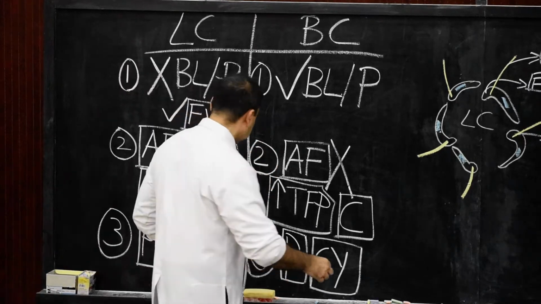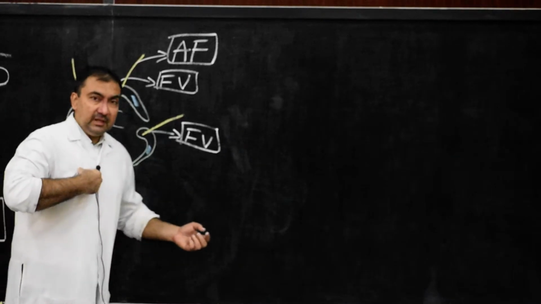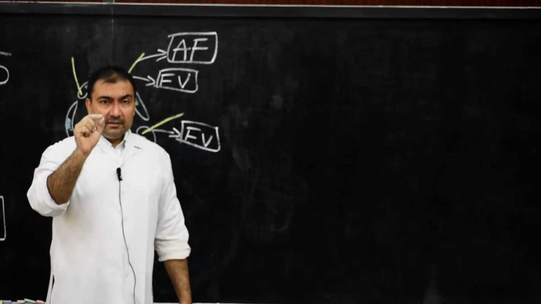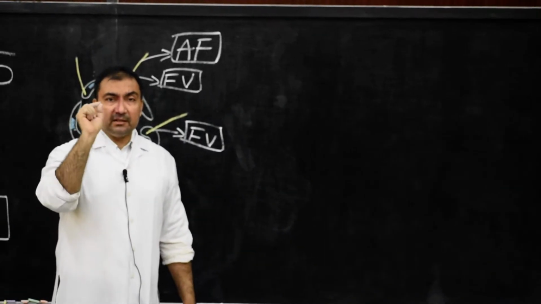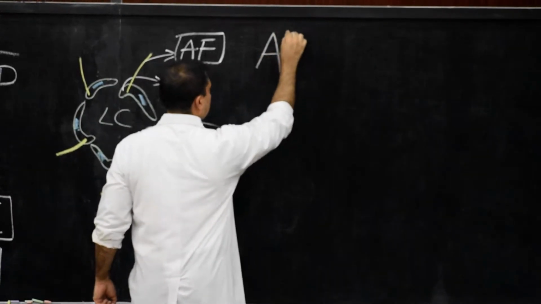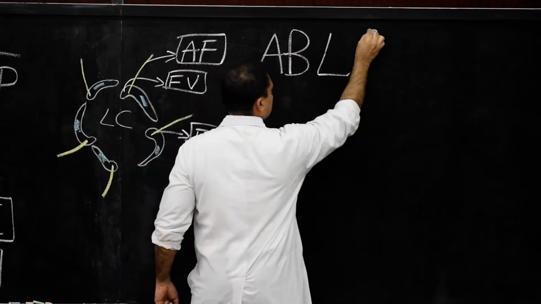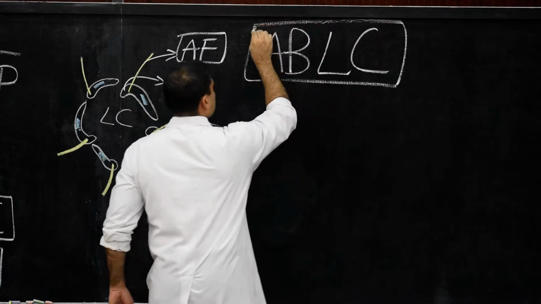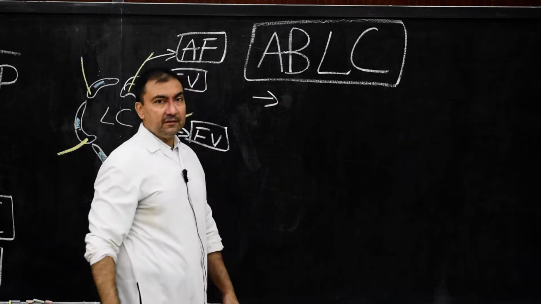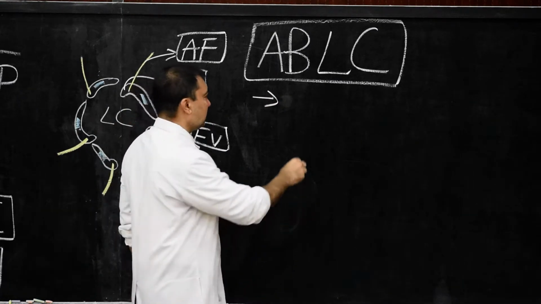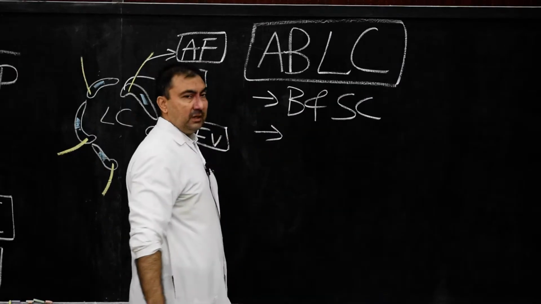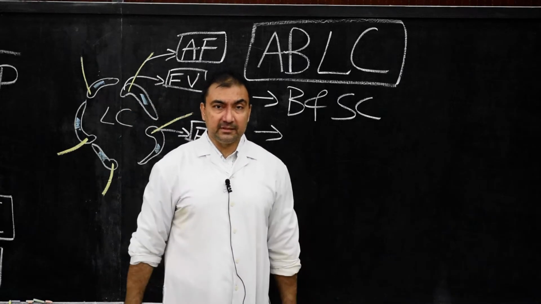Now please come on this side. Only the last very important topic. This is asked as 1 mark question answer or MCQ. Areas of the body where lymph capillaries are absent. Which are the areas of the body where there will be absence of lymph capillaries? These are asked in MCQ. So the following are the areas. Number 1, we start with central nervous system, brain and spinal cord. So brain and spinal cord is one area where there will be no lymph capillaries present.